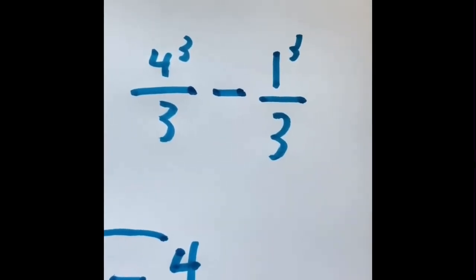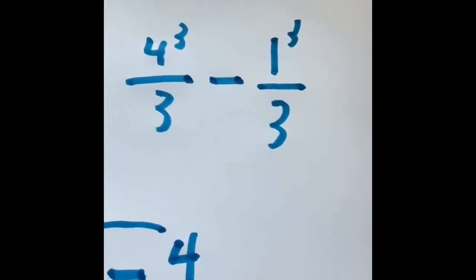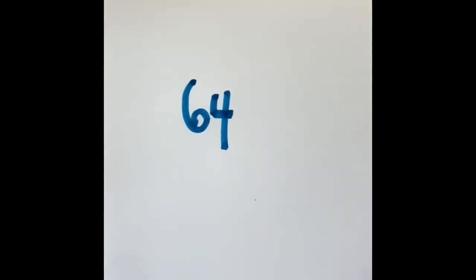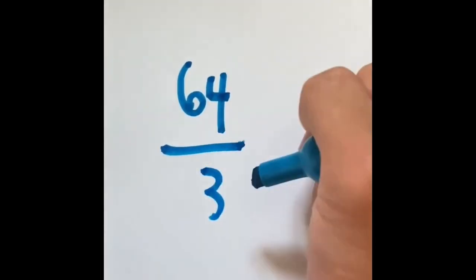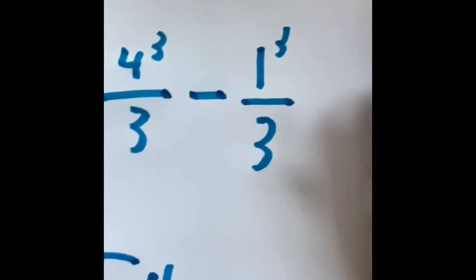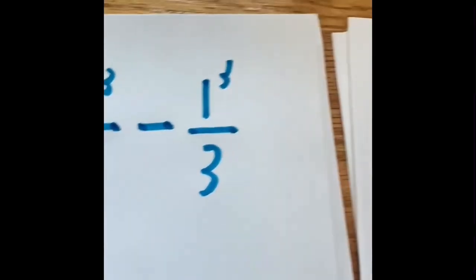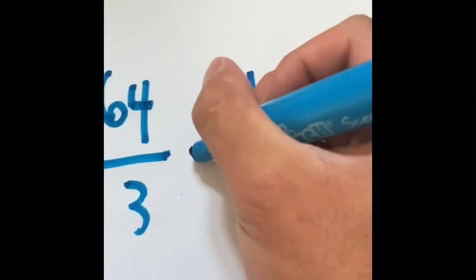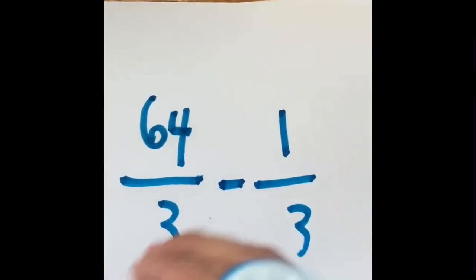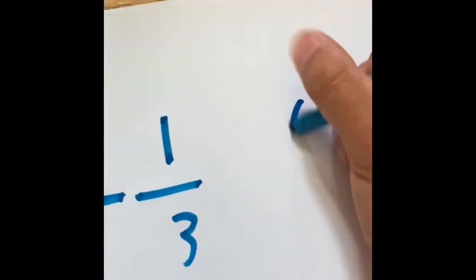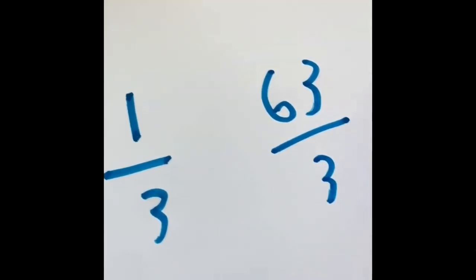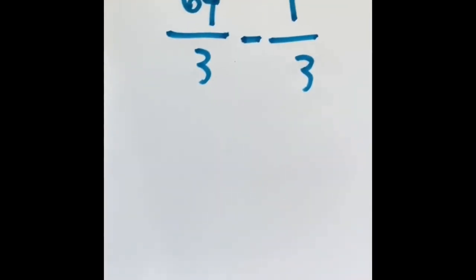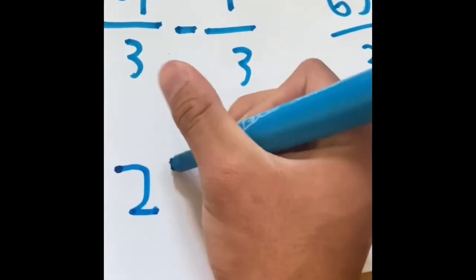So 4 times 4 times 4, or 4 to the third, is going to be 64. Divide that by 3, but hang on. We have 1 to the third, so we have to do 1 times 1 times 1, or 1, divided by 3. But we have to find a difference. Simplify, and when you subtract the two fractions, you're going to get 63 divided by 3. And when you do 63 divided by 3, you get an even answer of 21